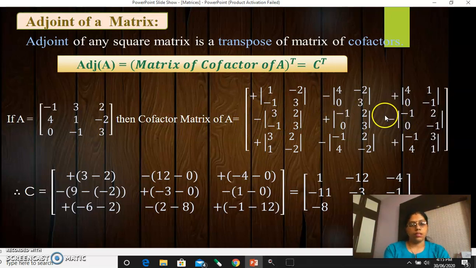Okay, the calculation is actually not so hard. It is simple, but you have to take care of signs there. So this is your first cofactor of this element, minus 1. 1 minus 2 minus 1, 3. Next 3, 4 minus 2, 0, 3. Right? For 2, 4, 1, 0 minus 1. We will hide this now. Column, row. So 4, 1, 0 minus 1. Hope you can do it. The calculation you can do. In the previous slide we have discussed.